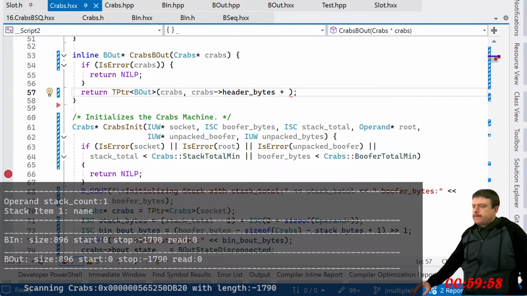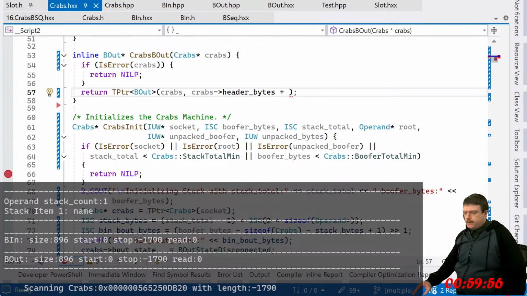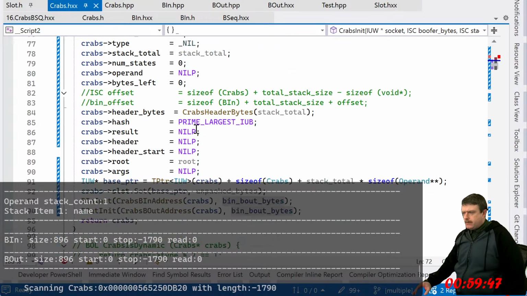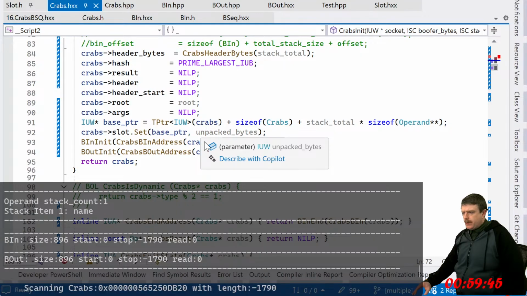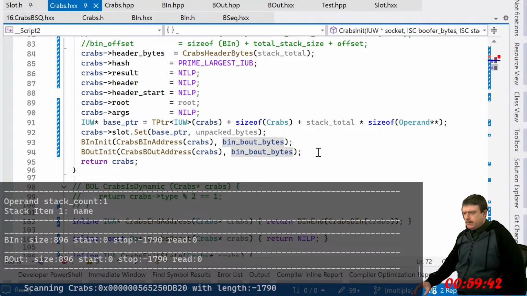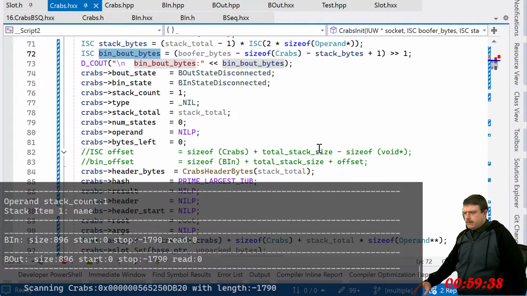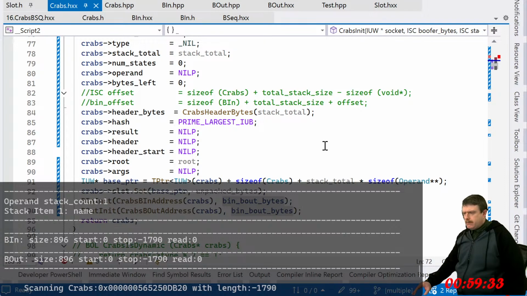All right. So I'm not storing it. Where do I use this?